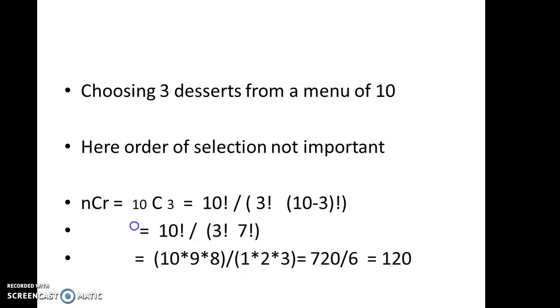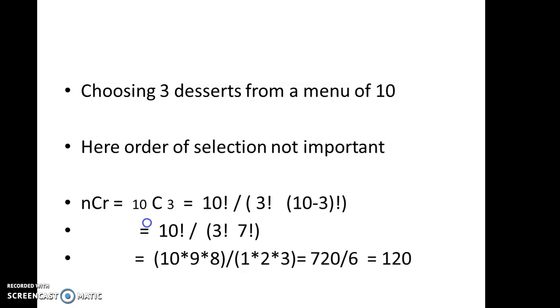Can you understand why it is so? Because when you have 10 factorial in the numerator, it is nothing but 1 into 2 into 3 and so on up to 10. When you have 7 factorial in the denominator, it is nothing but 1 into 2 into 3 into 4 up to 7. So up to 7, it is automatically cleared because it is available in both numerator and denominator. So for calculating nCr, this is the shorter way to find the answer. What is the answer here? It is coming 720 by 6, it is 120